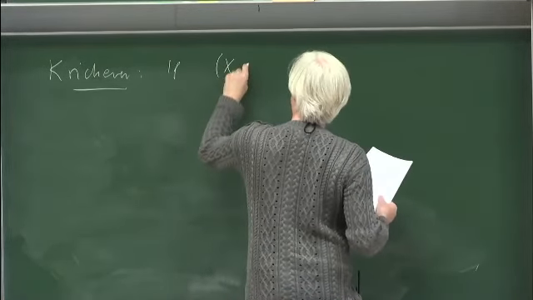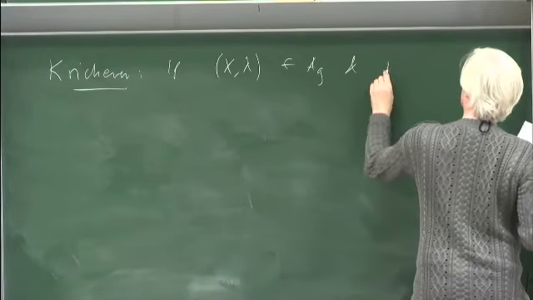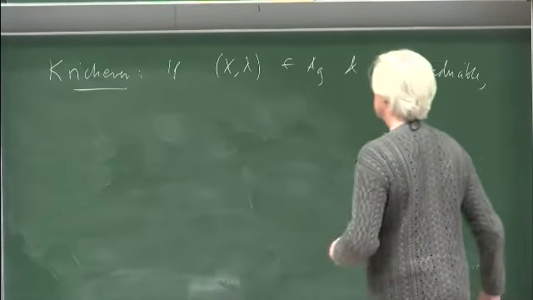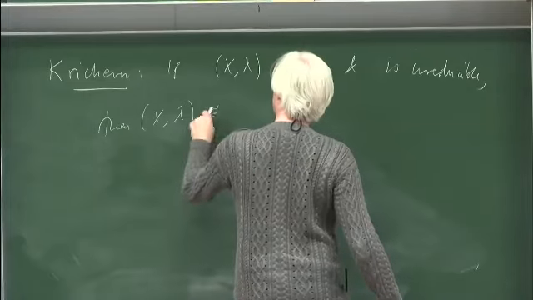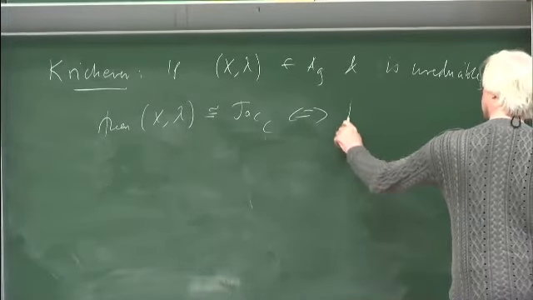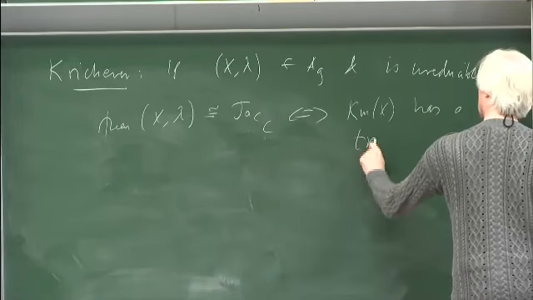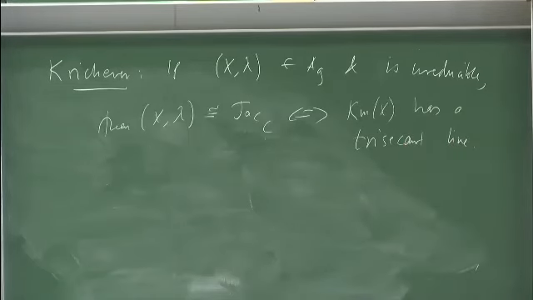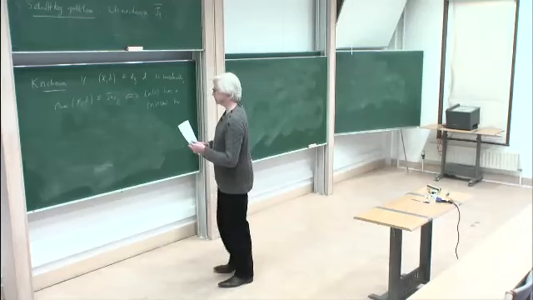If (X, lambda) is a point in A_g and is irreducible, then it is a Jacobian if and only if the Kummer variety has a trisecant. All right. But in fact, the original approach to the problem due to Schottky